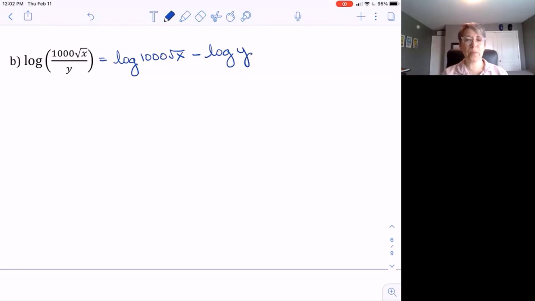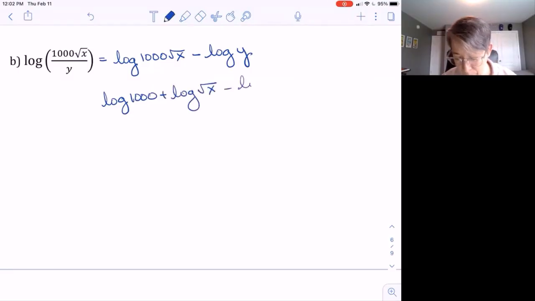So the log y is pretty much set, but there's more that we can do with the log 1000 square root of x. They're being multiplied. So we can rewrite this multiplication as log of 1000 plus log square root of x minus log of y. Now, even though that square root of x looks like it's simplified, we can write it with a fraction exponent. So log of 1000 plus log of x to the 1/2